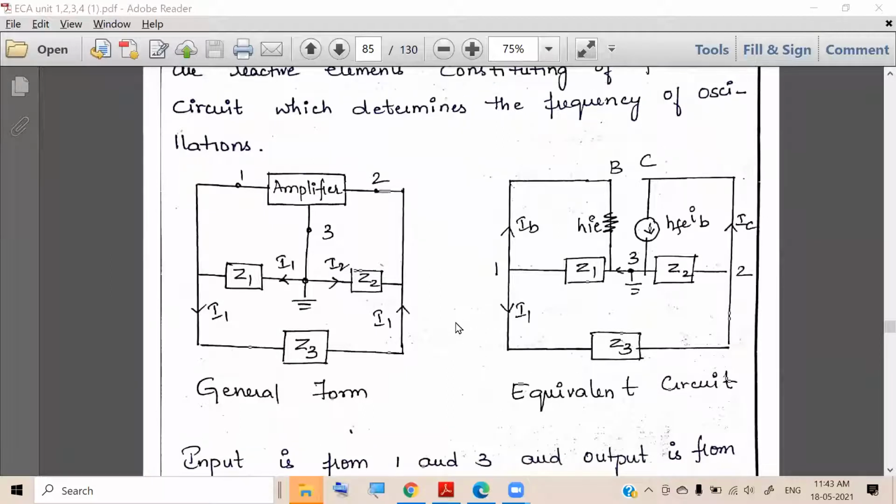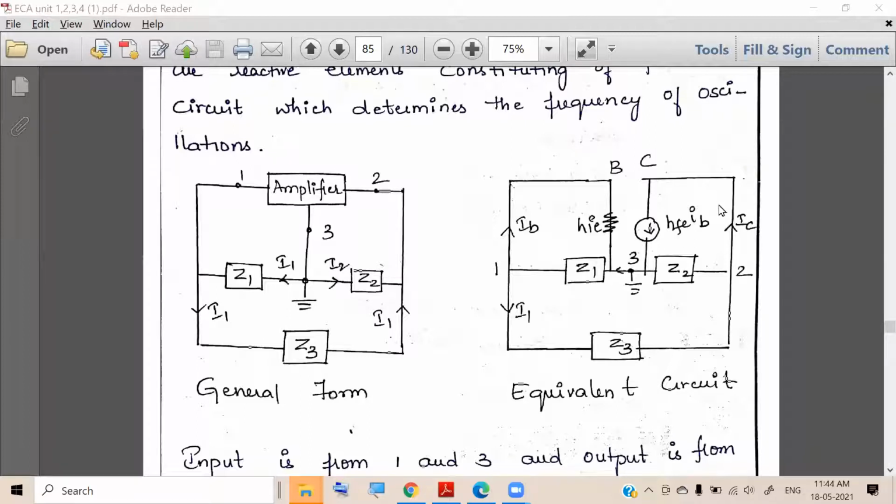Fine. So these are the important notations. Another important notation: for the bipolar junction transistor under common emitter configuration, base is input and collector is output. So the input current is the base current. The equivalent circuit simply consists of only two components, hie and then hfe times IB. This we have already seen in the first unit.